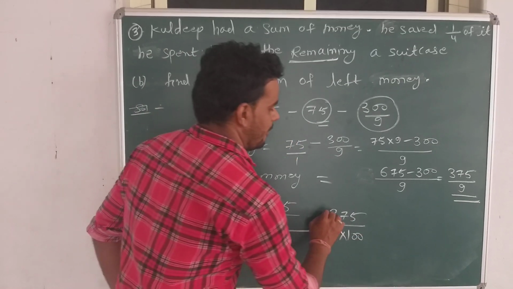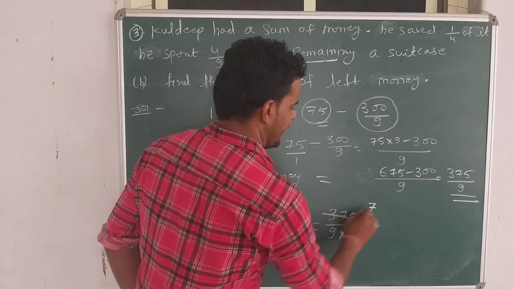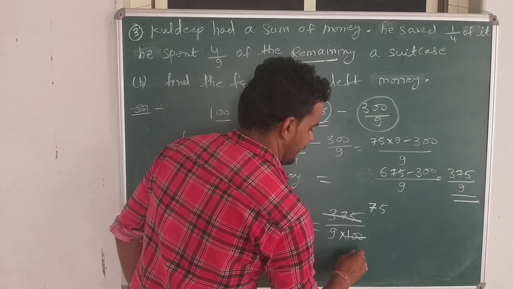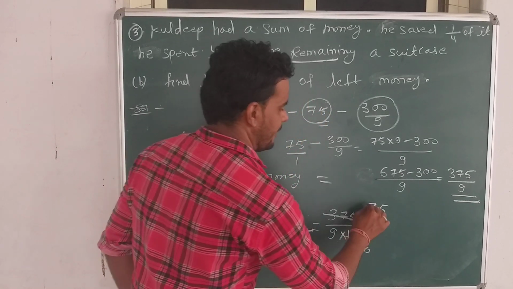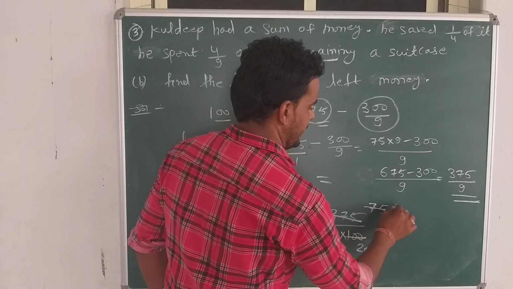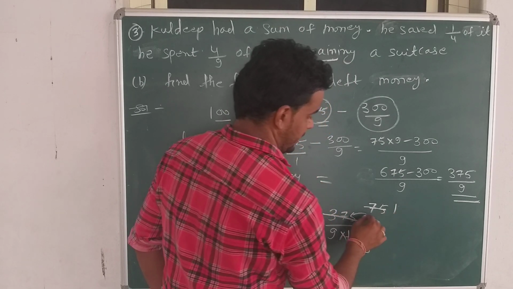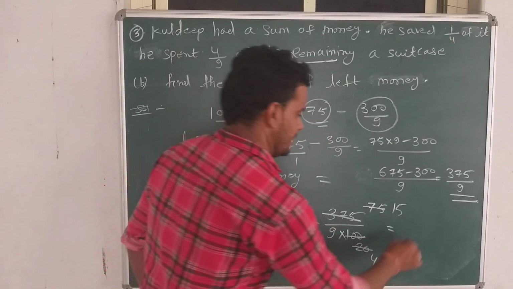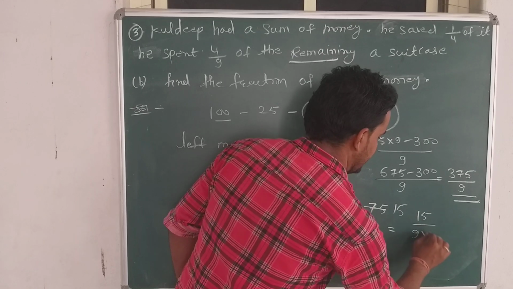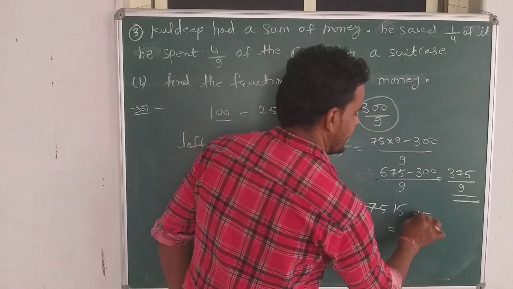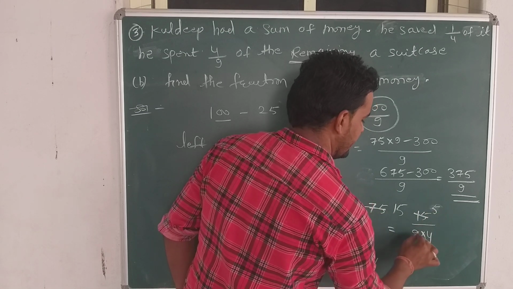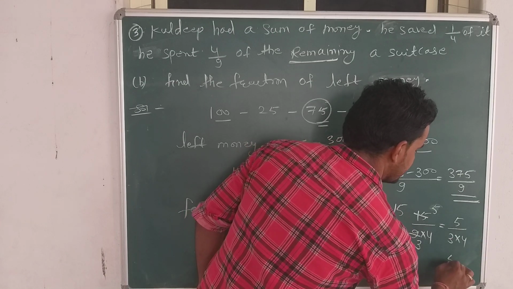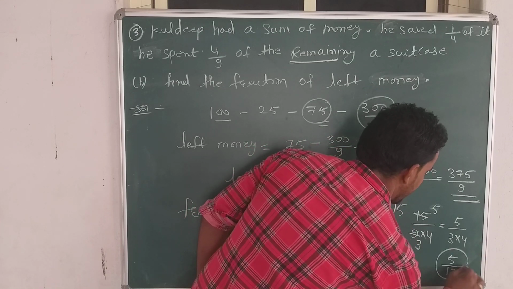Afterwards we will cut: 5 1 5, 5 7 35, then 2 5 5 25. Afterwards 5 20 times. Then again 5 times, 5 1 5 and 5 3 15. So 5 5 25, and 5 4 20. So the result is 15 by 9 multiplied by 4. Again we will cut by 3. 3 5 15 and 3 3 9. So the result is 5 by 3 multiplied by 4. Final answer is, what is your fraction? The fraction is 5 by 12.